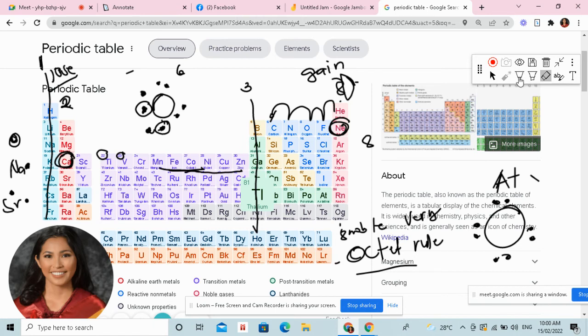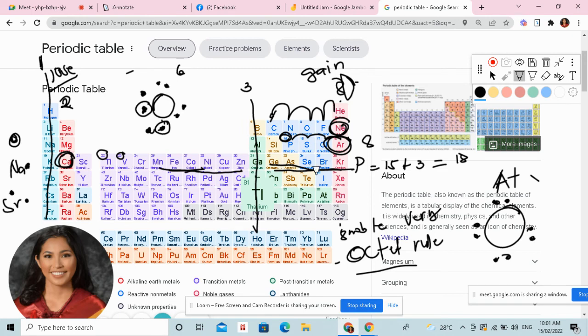Okay, to become isoelectronic with argon. Okay, very good. So we have 3. The atomic number of phosphorus is 15. If we add plus 3, that will be 18. And 18 is argon. So, the non-metals will gain electrons to become isoelectronic with their neighboring